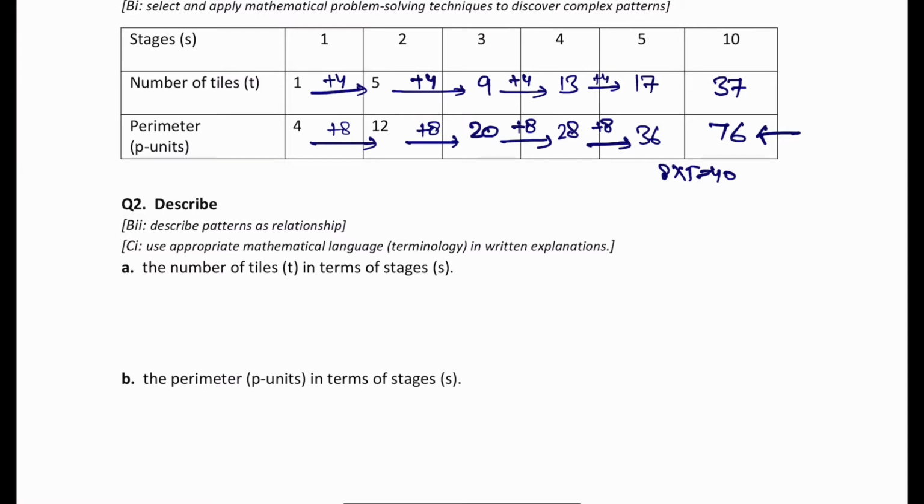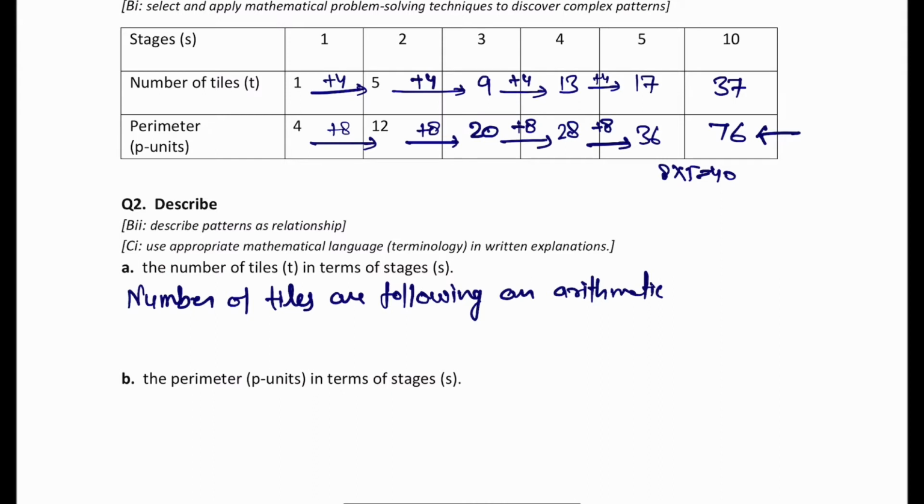So I can say that the number of tiles are following an arithmetic sequence whose common difference is 4,